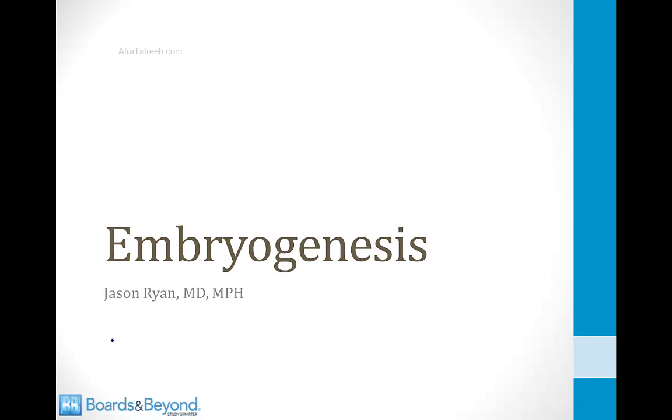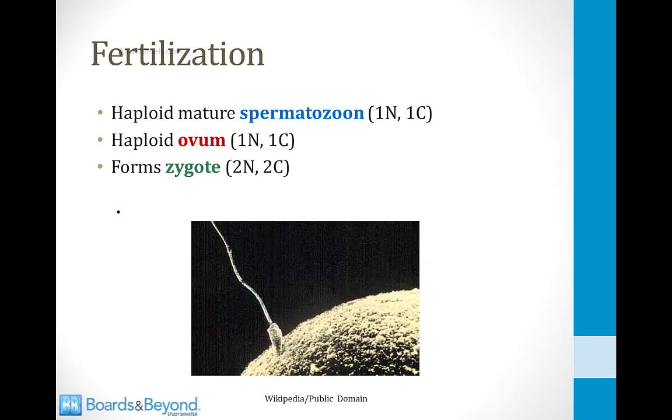Hello everyone and welcome to our module on embryogenesis. The first step in the process of generating a human embryo is fertilization. In fertilization, a haploid mature spermatozoon from the male fuses with a haploid ovum from the female, and this forms